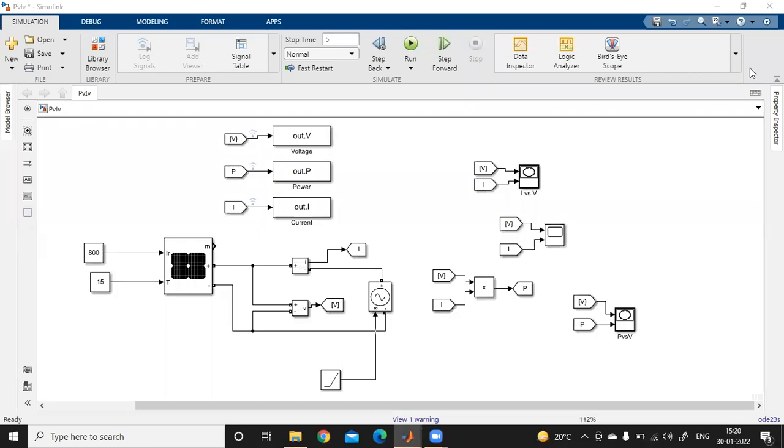Hello friends, in this tutorial we'll be learning about how to plot multiple plots in a single figure in Matlab Simulink. So I want to plot multiple plots of current and voltage in a single figure. So here